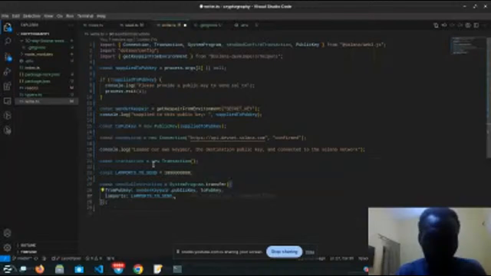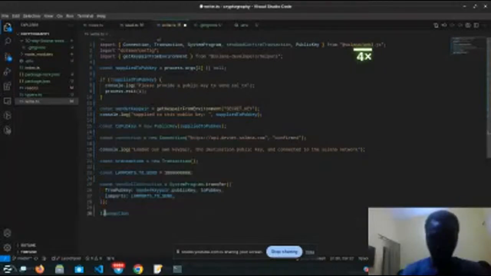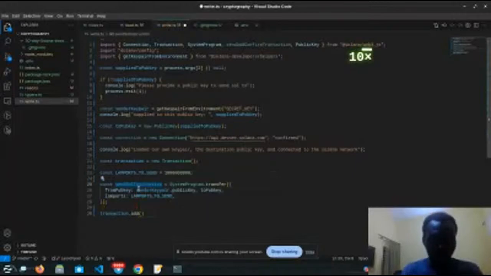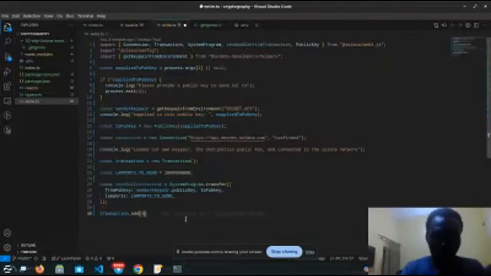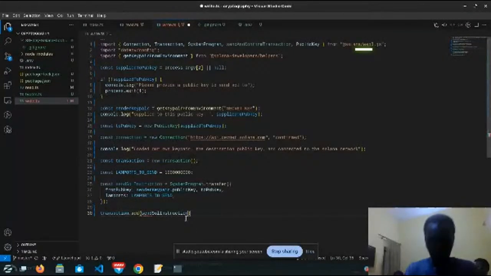So we'll pass in, say, transaction.add. This add is another keyword to add this sendSol instruction. This sendSol instruction is what initializes the whole process of the transaction that we are going to be carrying. So this transaction method we made here, we are just going to add this sendSol instruction into it. Then next,